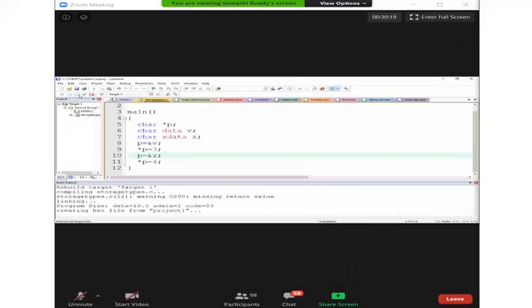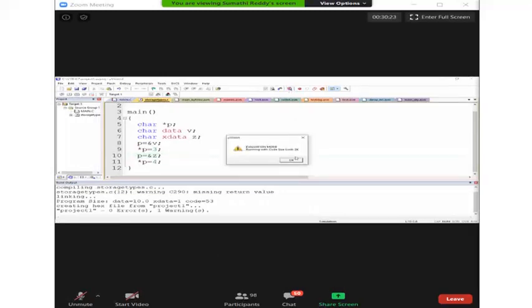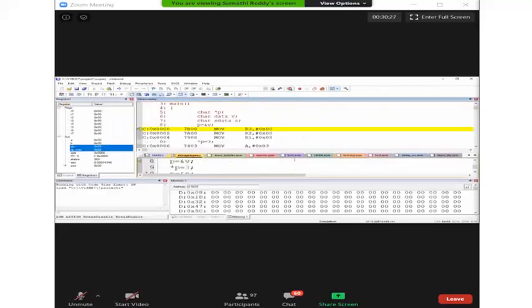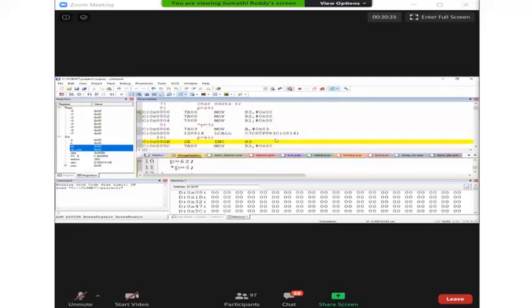And see here, it works all fine. See, when it is pointing to internal RAM memory area, this is how it is available. When it is going with this one, see how it is available.